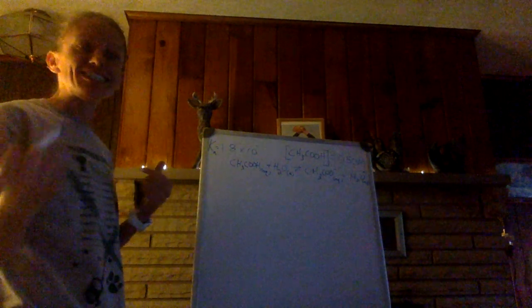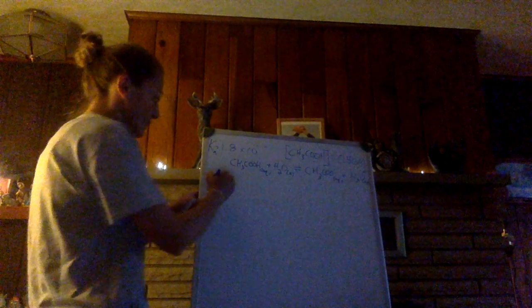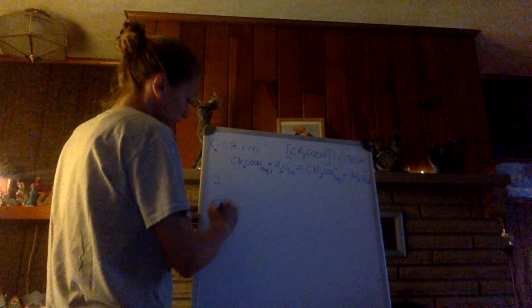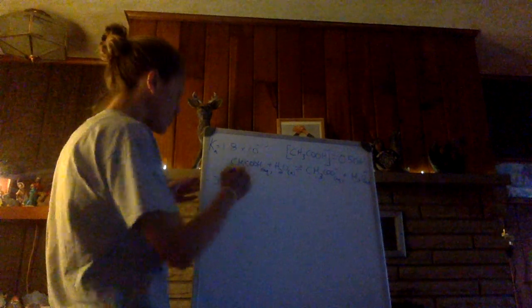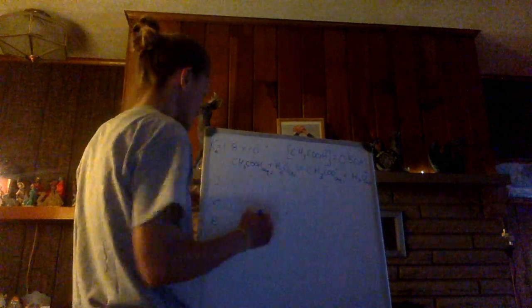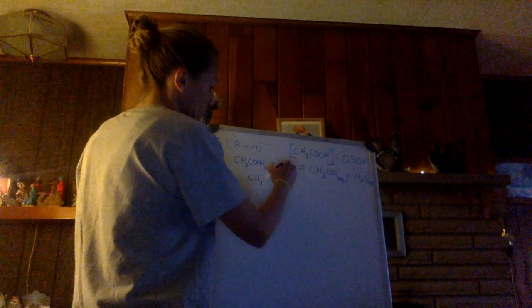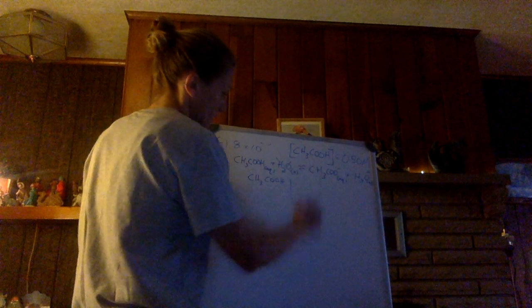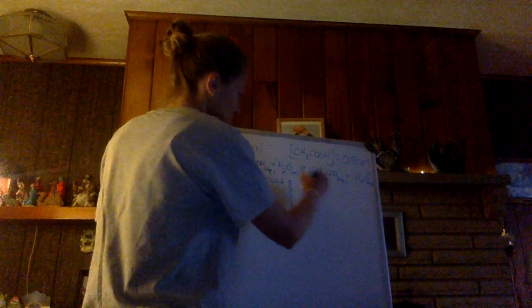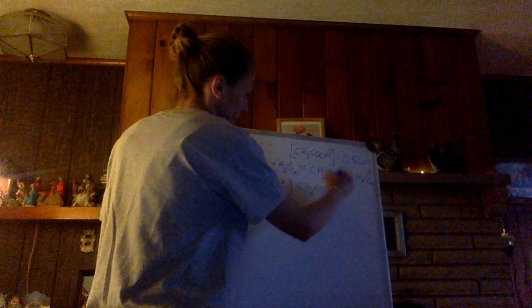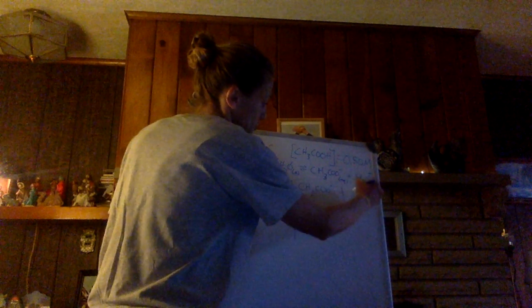So I want to know, as this goes to equilibrium, as this acetic acid breaks down, what's going to happen? So I'm going to have my initial, my change, and my equilibrium value. Let's see what I'm going to include. So I need CH3COOH, and that's going to be the one side of the equation. I need its conjugate base, the acetate ion, and of course, our dear friend that makes it, the acid on that side, the H plus,